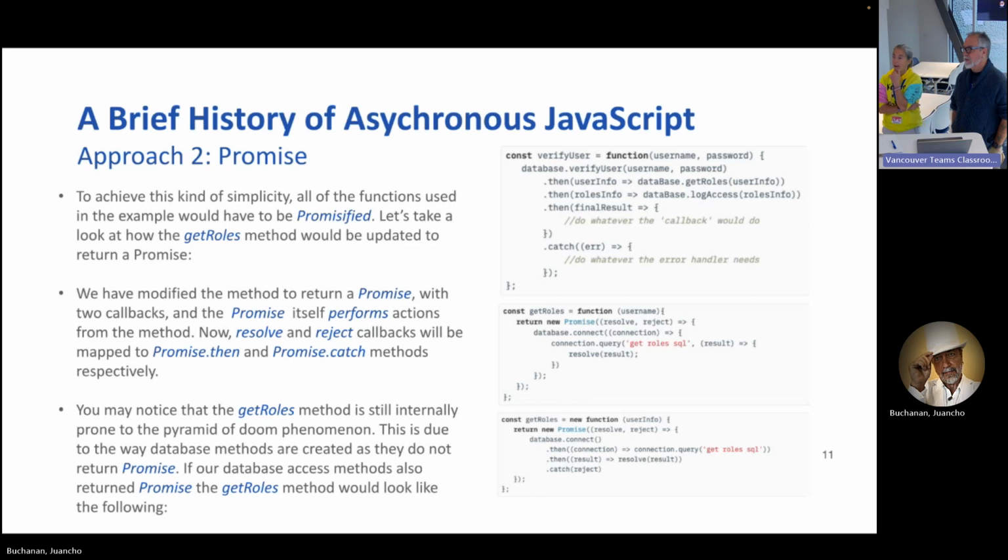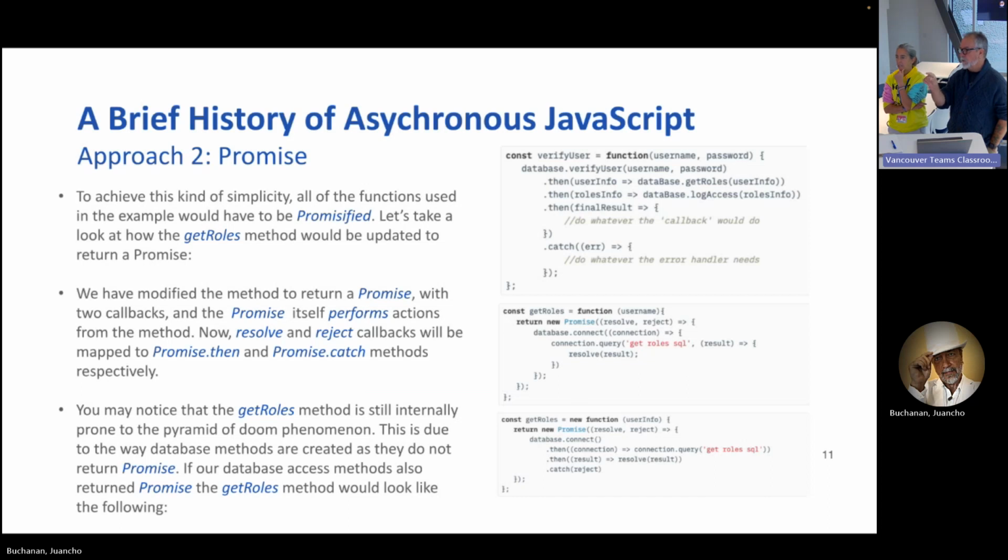Okay, so get roles is a new function for user info. I don't know why they changed user info to username, but that's okay. And then we're going to return a new promise. This promise takes two parameters, resolve and reject. And then it will do a database connect.